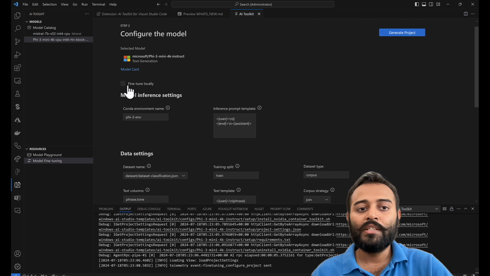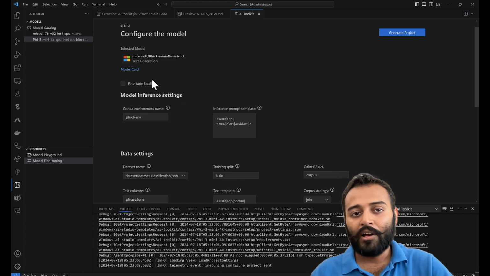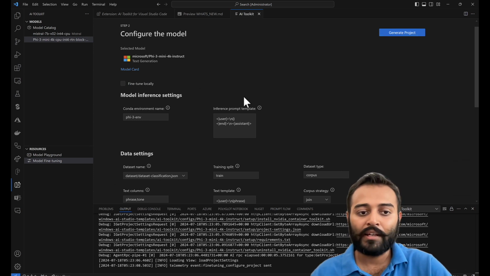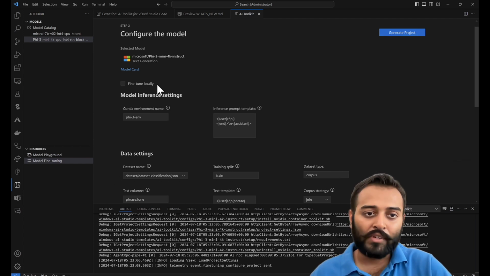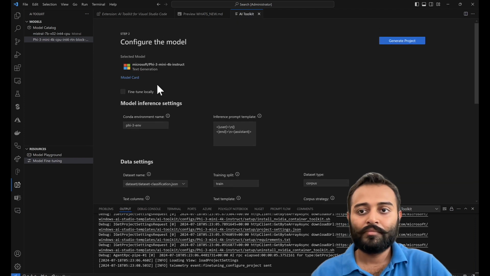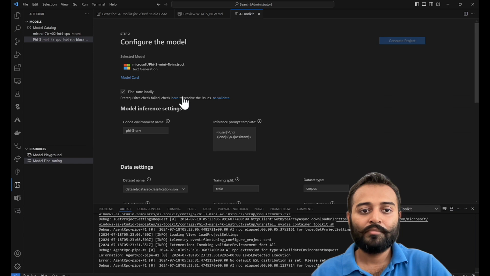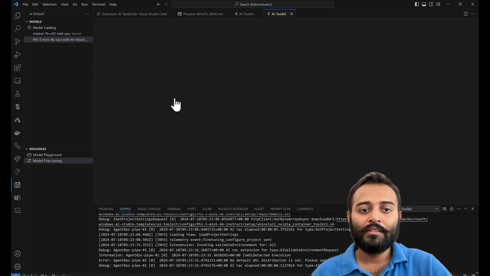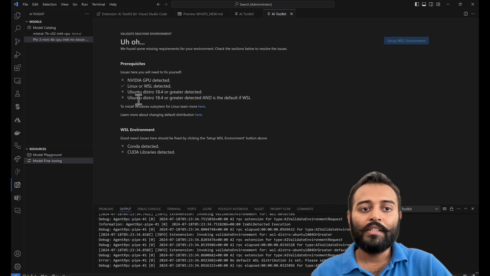Here, if you choose this option, fine tune locally, then you will have a prerequisite check that will be done in your background, and it will tell you that this machine is not compatible or some of the services are not running. So I'll just show you that. Okay, so I'll just click on this, and here you can see what all services are not running.